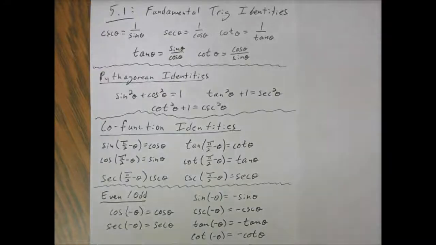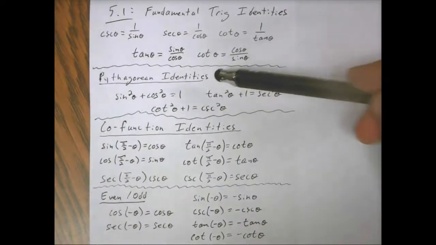How's it going, everybody? I'm going to be talking about section 5.1 in this video. Biggest thing you need to know is you need to memorize everything that you see right now. So screen capture it, do whatever you got to do, make note cards, lots and lots of note cards, and memorize all of it. I'm going to show you some shortcuts how to memorize Pythagorean identities and how to remember